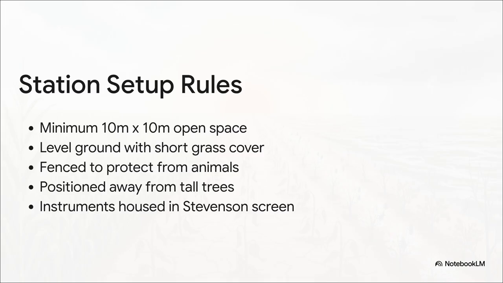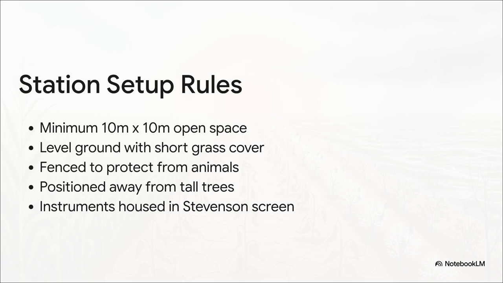The ground itself must be perfectly level and covered in short grass. That specifically prevents false heat radiation from bare soil. Fencing is a must to protect sensitive equipment from animals. The entire station has to be positioned far away from tall trees or buildings that might block the wind or cast long shadows. And finally, the most sensitive temperature instruments are always housed within a ventilated Stevenson screen to guarantee